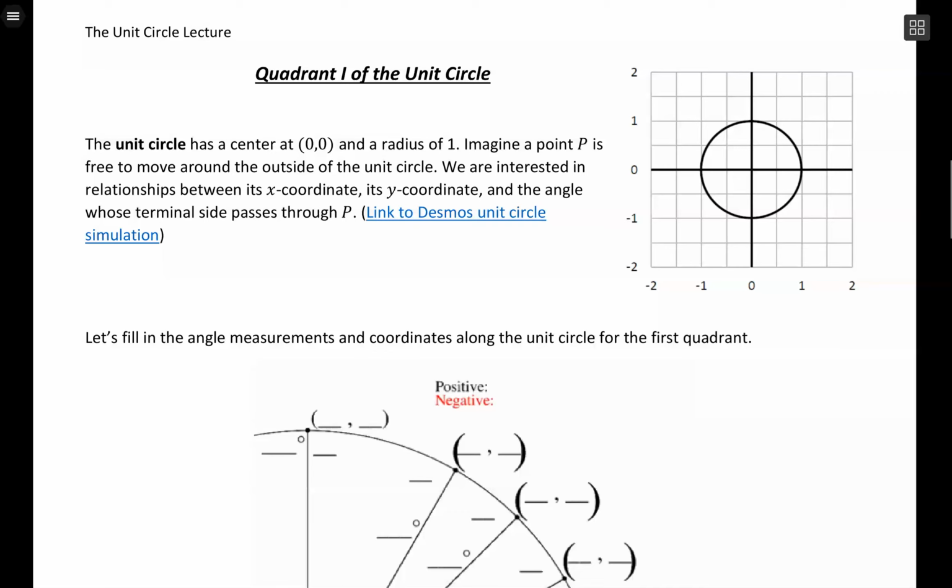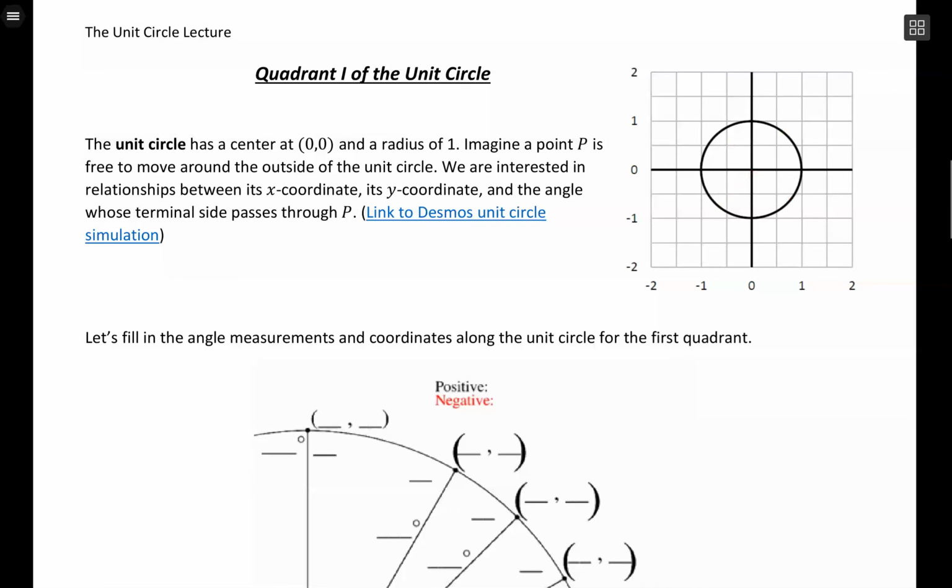So, you've probably heard me mention the unit circle quite a few times, and now we're finally going to look at it. So, this on the right-hand side is a picture of the unit circle. It's a circle that's centered at 0, so we're centered at the origin, and it has a radius of 1. So, anywhere that we draw a line from the origin to the outside of the circle will have a